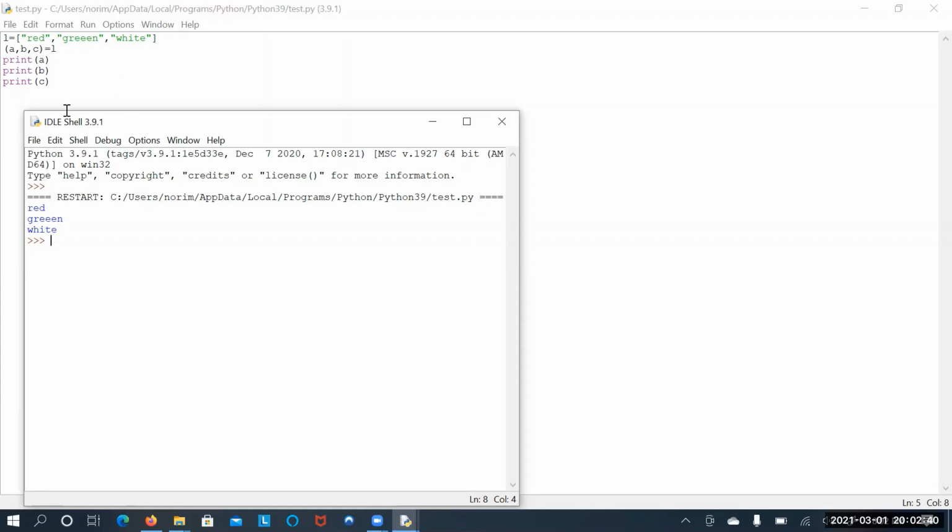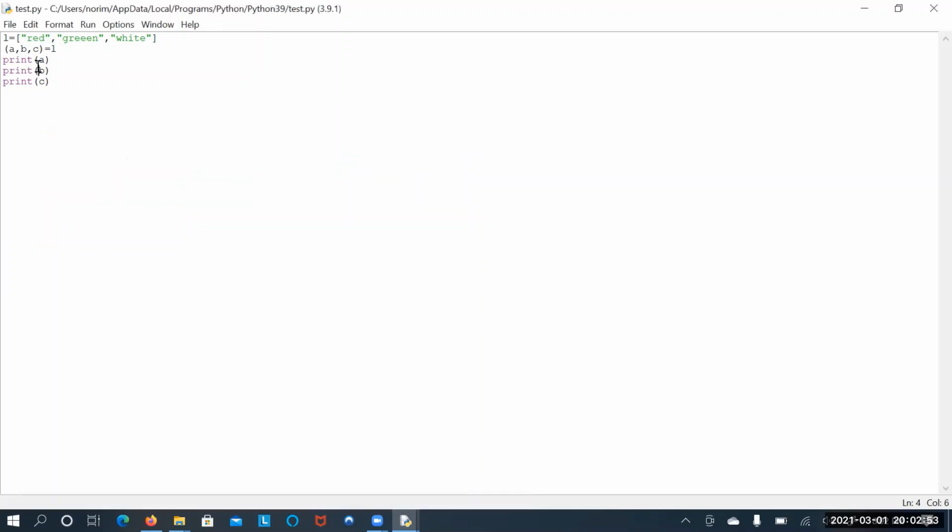Suppose for example, if I have so many variables, after printing one variable, here I can use a star of B. So if you print the value of B now, the remaining elements you will get as another list.